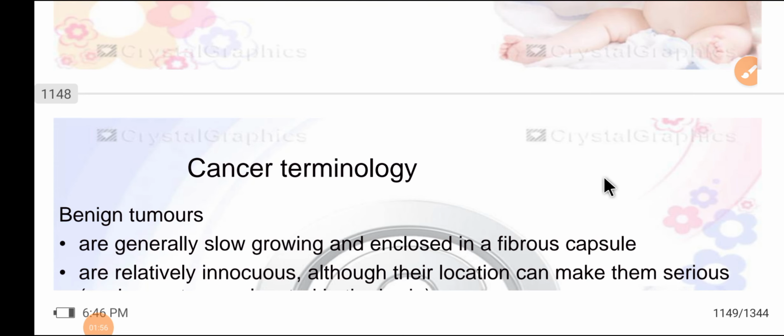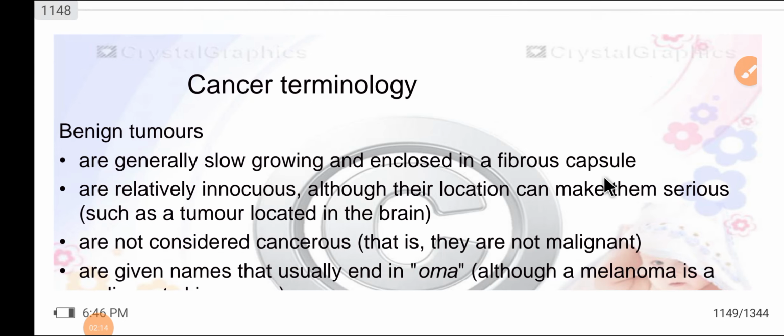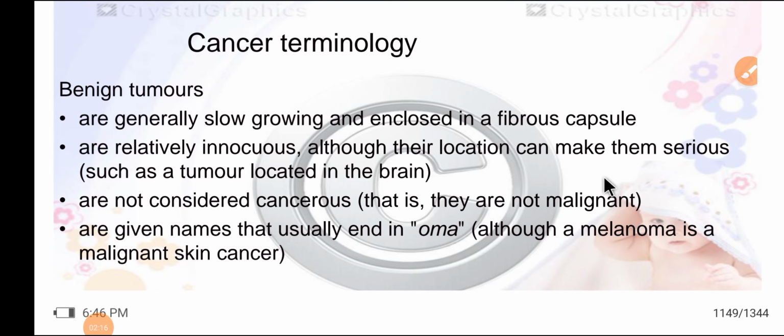Cancer terminology. Benign tumors are generally slow growing and enclosed in a fibrous capsule, and are relatively innocuous, although their location can make them serious, such as a tumor located in the brain. They are not considered cancerous, that is, they are not malignant. They are given names that usually end in "oma", although a melanoma is a malignant